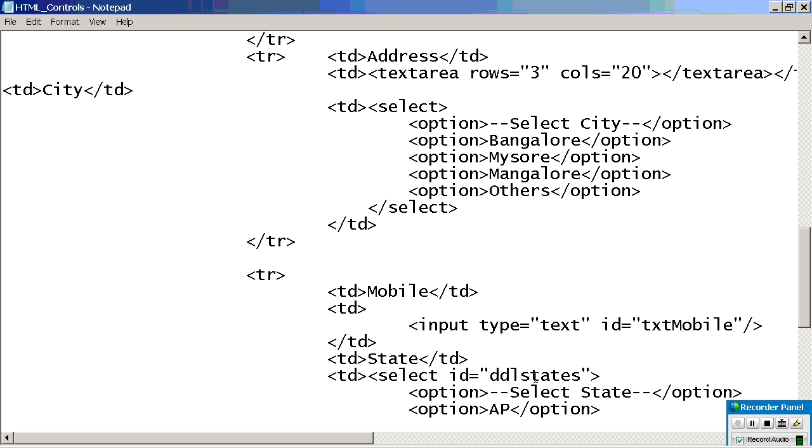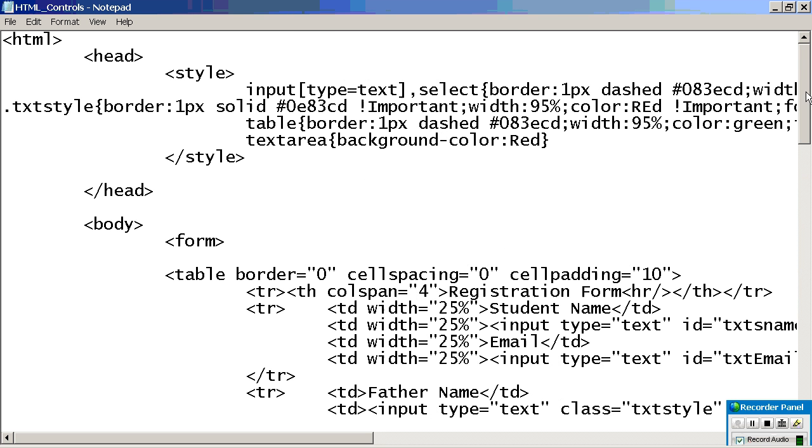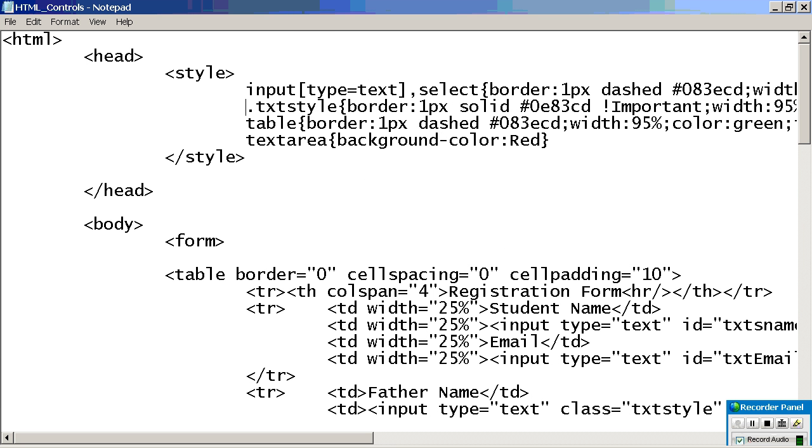Okay, GDL state. It has an ID, right? Now I want to change the style of this one. Then what we can do is write dot, then the style, and here class equal to this or not. Now if you have an ID, you don't need to go for dot also. Are you understanding? You don't need to go for dot and you don't need to add your own style on that. Are you understanding what I am telling?